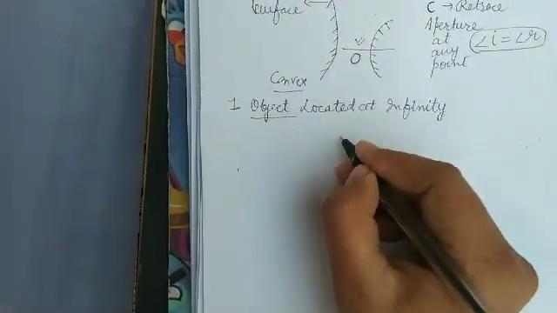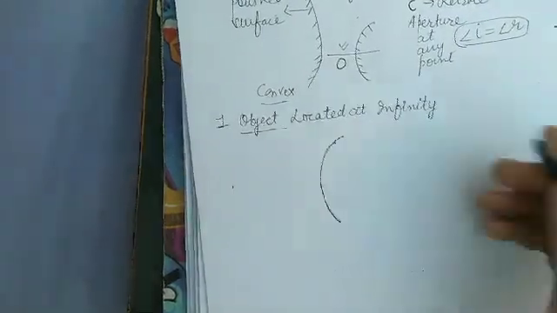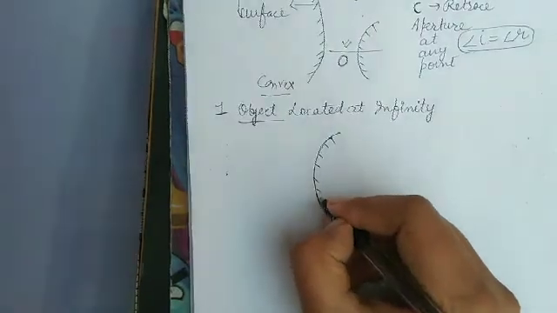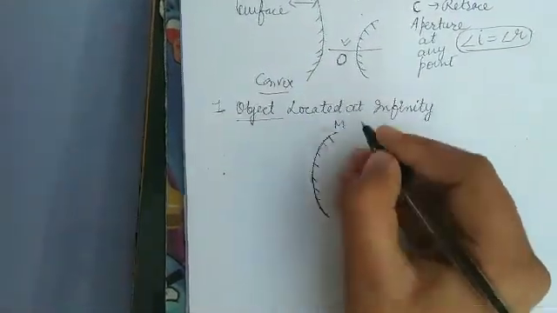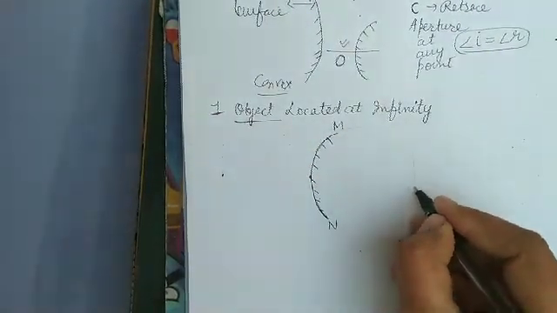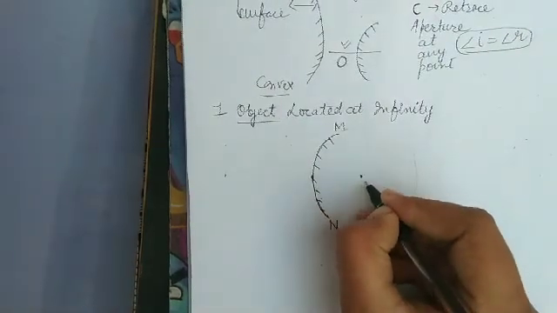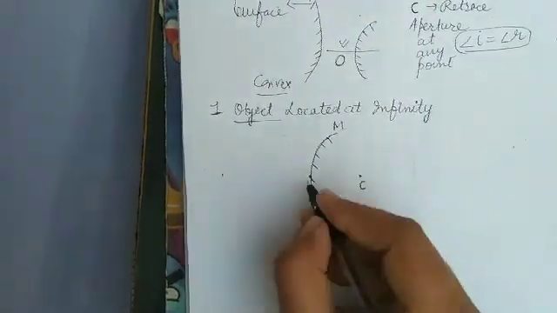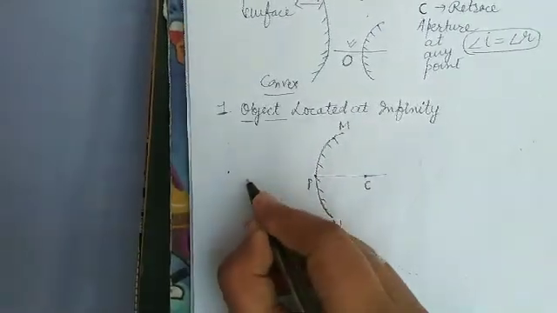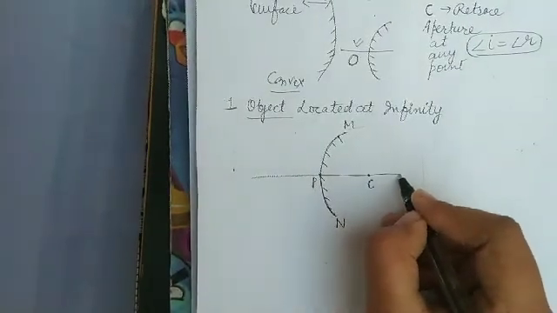So I am drawing the mirror first. This one is a part of a sphere, so it is termed spherical. Inward polish. Okay, name is M and the midpoint is the pole. Before spherical, it was a part of a sphere whose center is known as the center of curvature. The line passing through the pole and center of curvature is termed the principal axis.